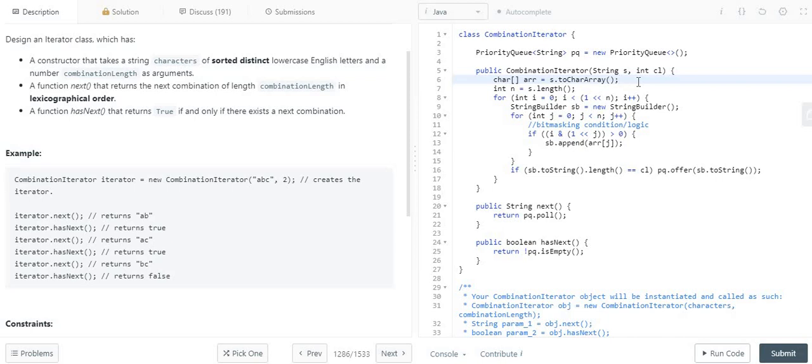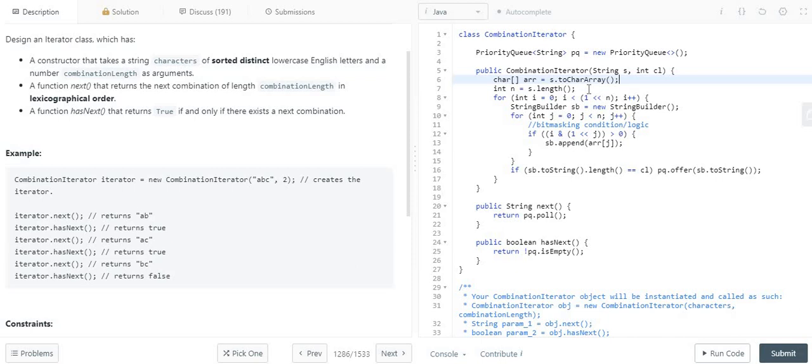Whenever we call the hasNext function, we just need to check whether our queue is empty or not. If it is empty, it should return false because there are no more elements to return. And whenever we call next, it should return the next possible combination of the combination length.